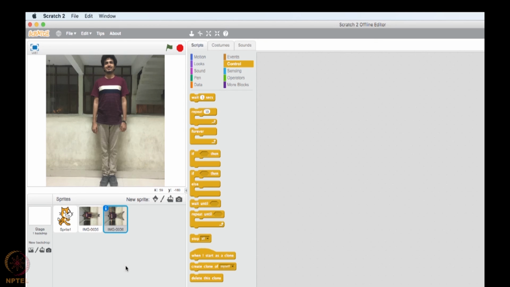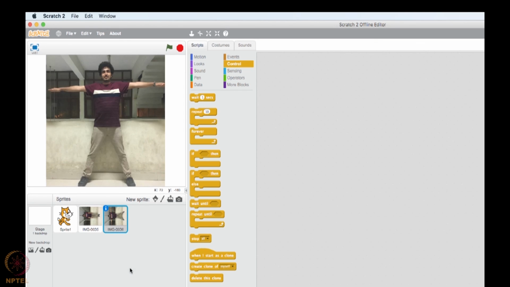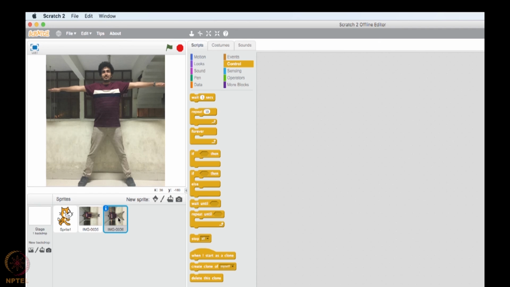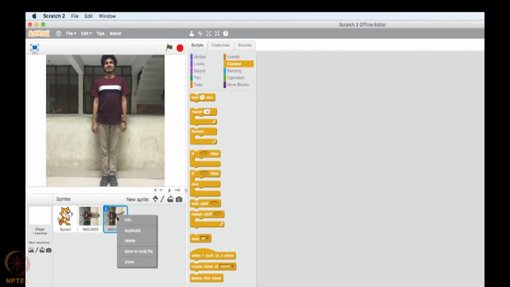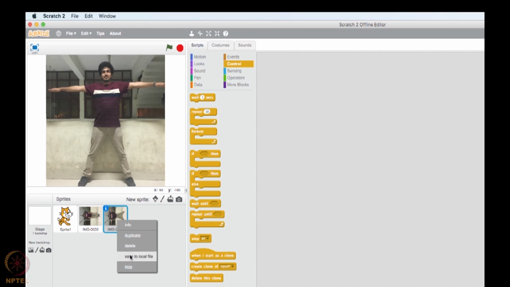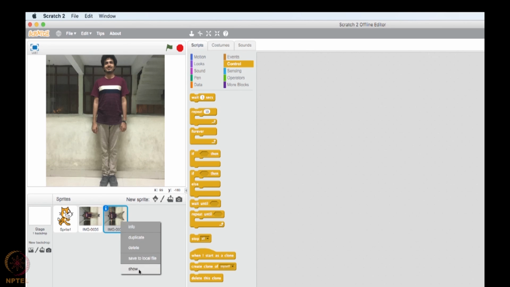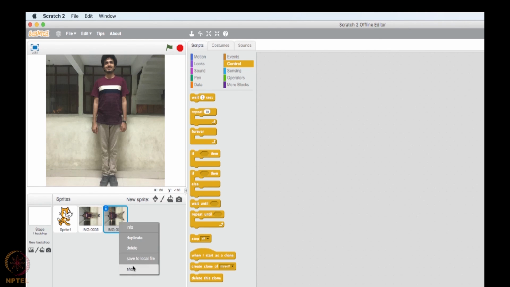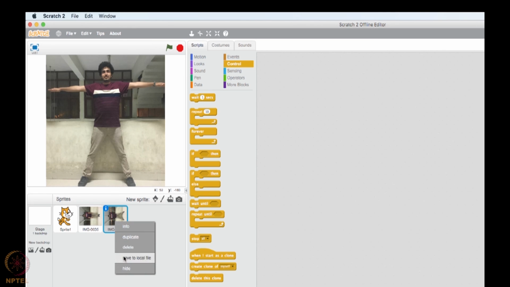So what I am doing is I am hiding it, showing it, hiding it, showing it. So when I do, you can see that it looks like he is exercising. He is getting to a different position. See, so it looks like an animation. If I do it a little bit fast, then it will look like he is actually exercising. So we can create such kind of animations through images.